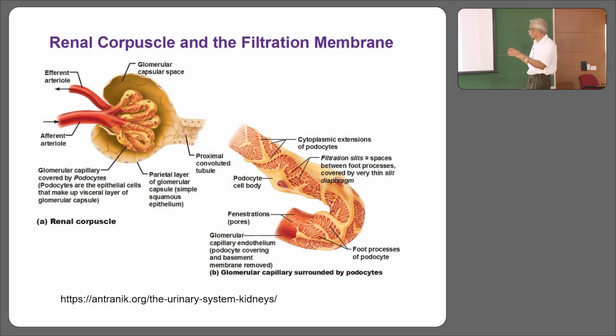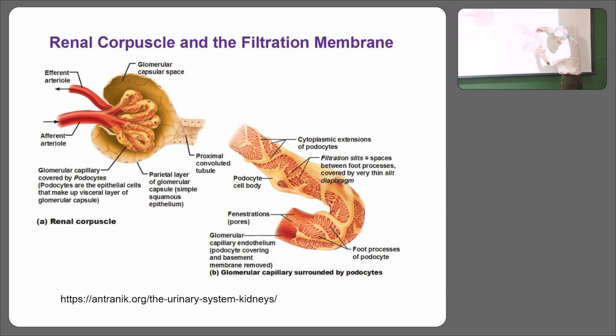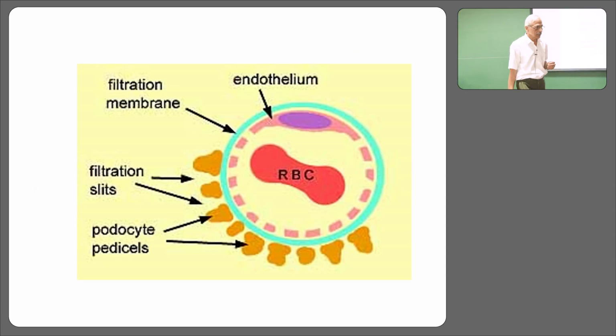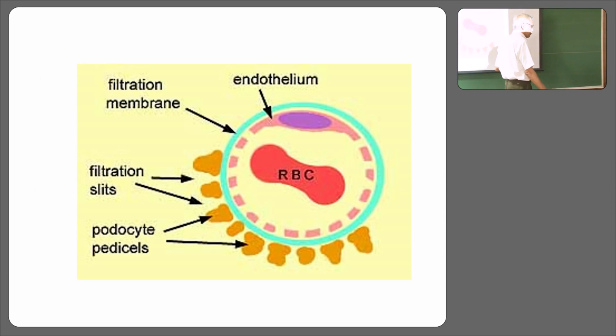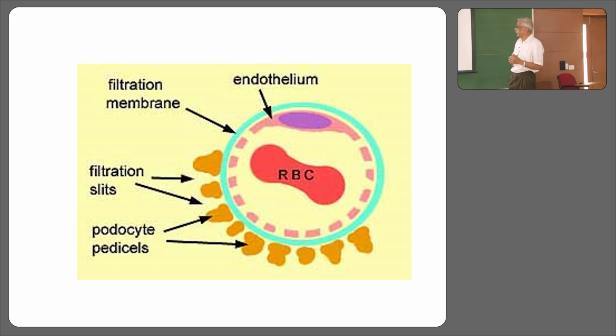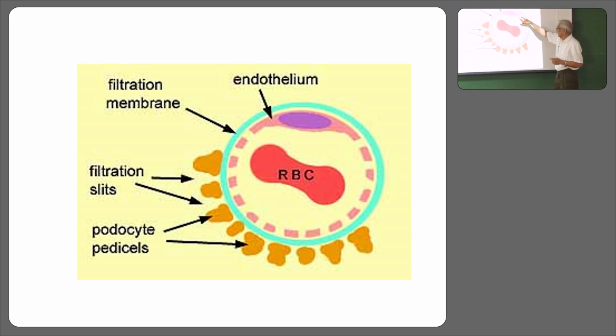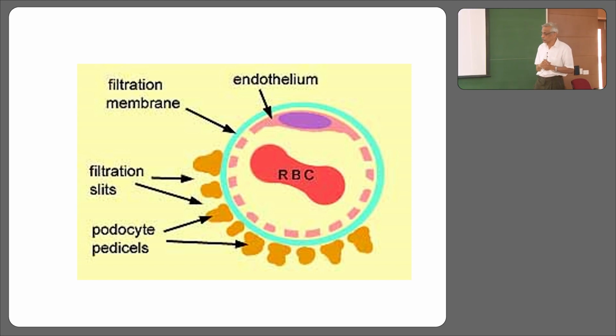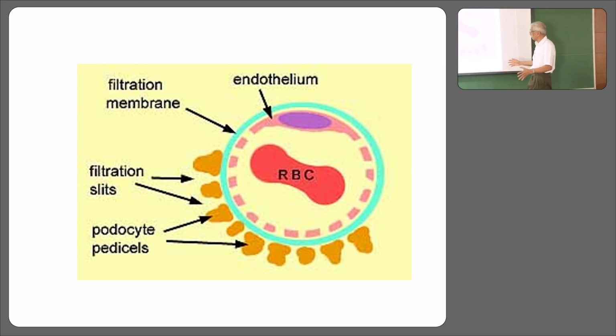Are you getting it? So this is the capillary, and what you see here are all the podocytes, and there are spaces through which the ultrafiltrate can move out, and here is a picture that explains everything to us. What do we have here? We have a capillary, and in the capillary we have the endothelial cells. This is the nucleus of the endothelial cell, and the endothelial cell has many spaces which we call fenestrae or windows through which the fluid can freely come out.